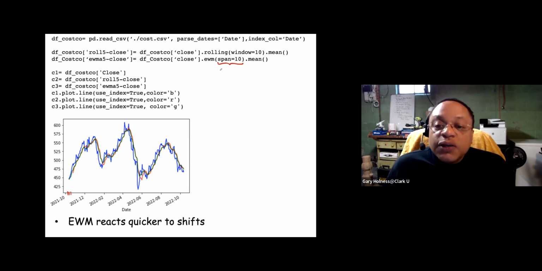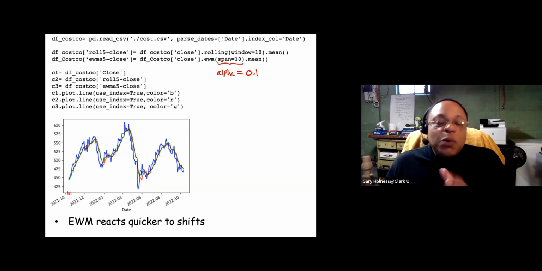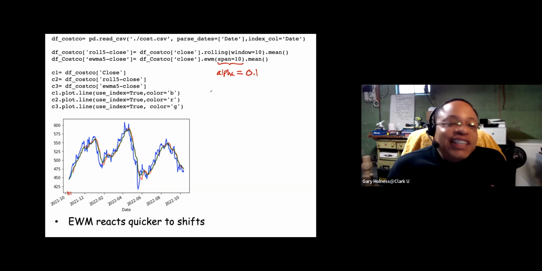You can also specify an option when you compute the UMA, alpha equals, and you give it some scalar value like 0.1. Right now, the 0.1 that I talked about is usually a default. That's a machine learning thing called a learning rate. And I was pretty sure, at least my experience with other libraries, that it was 0.1, but they have a really wonky implementation for how you set this alpha.